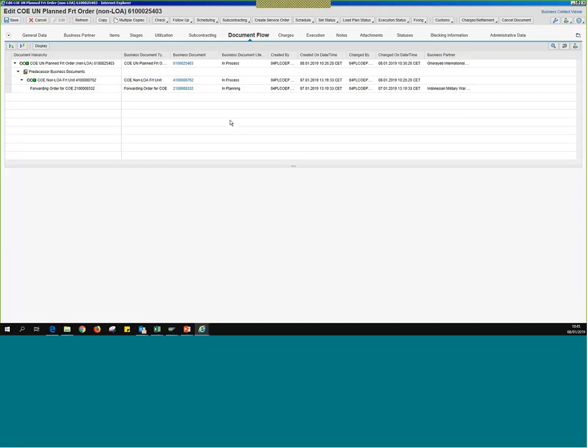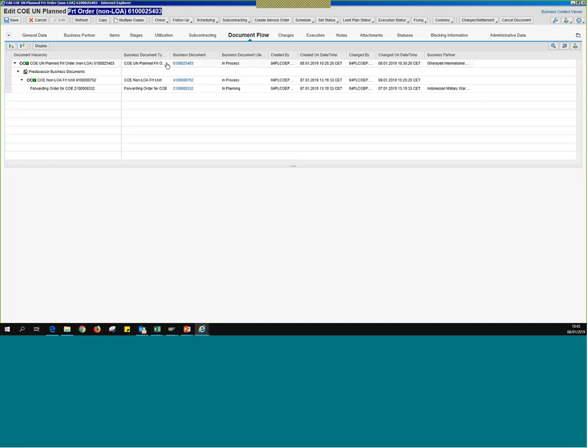So here we go. We're back to our TM window, and we see here from the top that we're looking at the freight order non-LOA. So basically, we should be able to submit events for this leg. We have one of the legs open here, which is 5403, and we see here that this is the one,